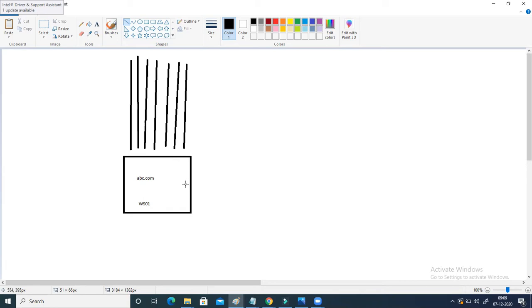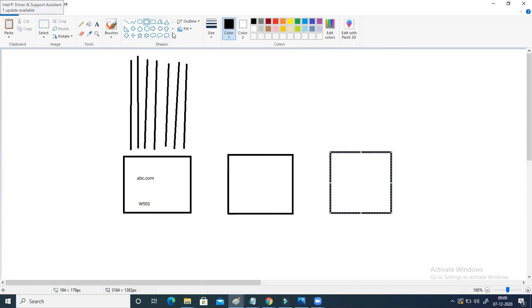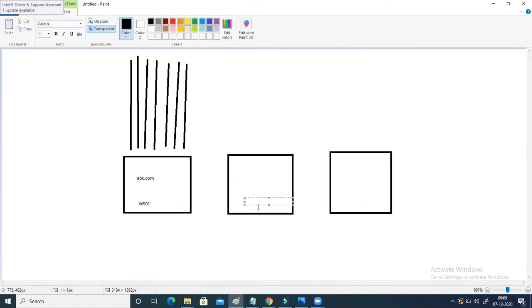So you thought, instead of one server, I can put two more additional servers so that the load can be divided, and all these three servers are identical. This is your ws02, and let's say this is ws03, and abc.com is hosted on each.